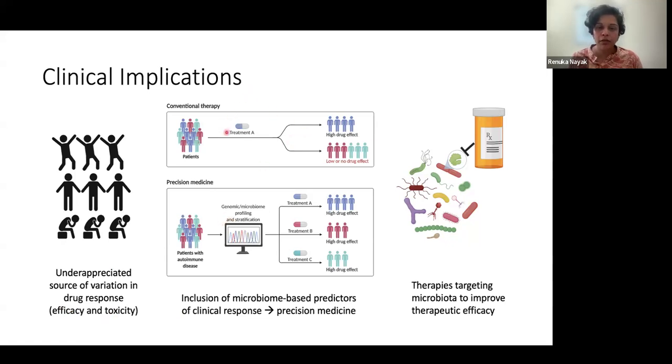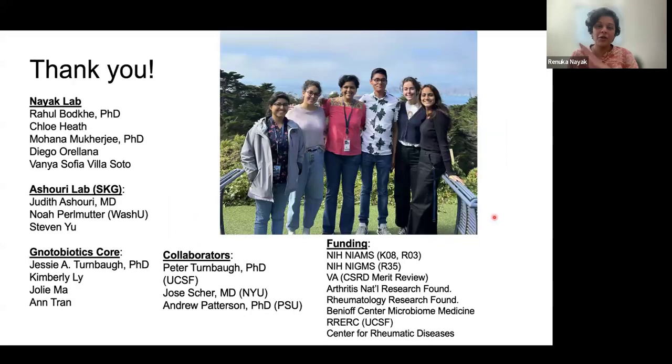I think there's some promising data here to suggest that the microbiome can be used to tailor therapy. So right now, everybody gets methotrexate, but I would love to build out these models so that we can decide who gets methotrexate orally or subcutaneous methotrexate or biologics. And then I would love to know which genes or metabolites are implicated from microbes so that we can develop targeted therapies targeting the microbiome instead of the host immune system.